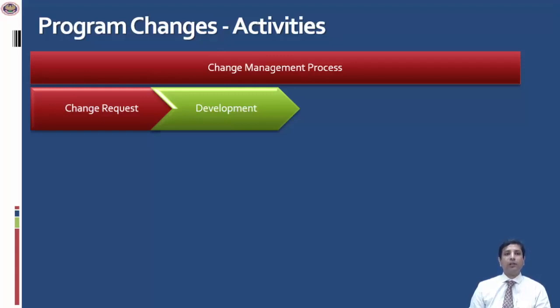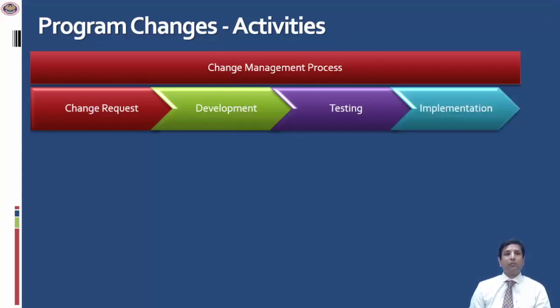The next phase in the process is the testing. So once the program is developed, then the testing is performed to check whether the program is working as it is intended. Here, various types of testing can be done. It can be user testing, it could be unit testing, or user acceptance testing. And once the change is tested, it is implemented into the ERP. This is also called the go live phase.